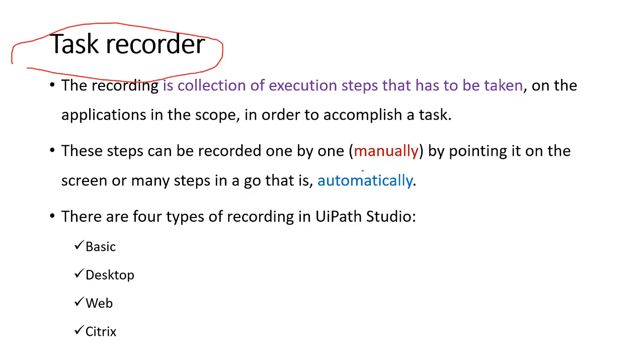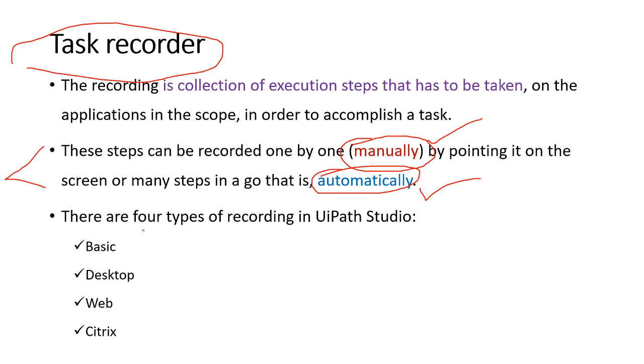An interesting thing is this recording can be done in two ways. One is the manual way and the other one is the automatic way. We shall see this in depth in the coming classes, how we can record the actions performed by a human being manually, and similarly how we can record the actions done by a human being on the application running on the computer automatically, and then we shall see the difference later. Clear? With this we shall move forward.